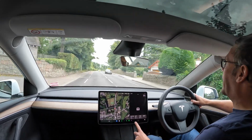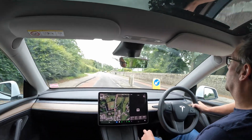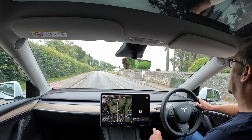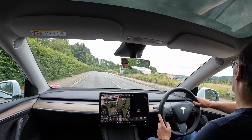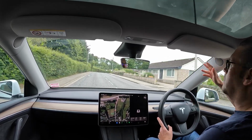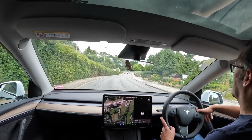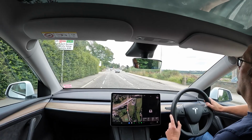So anyway, efficiency is fabulous. I mean, we're doing 240 watt hours per mile, which is frankly a bit extraordinary, considering that includes an awful amount of big hill climbing. But of course, what goes up must come down, and I sense that's really what's happened here, isn't it? I've gone up, I've burned a load of power, and then I've regened like crazy on the way back down